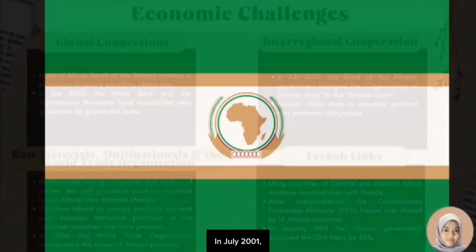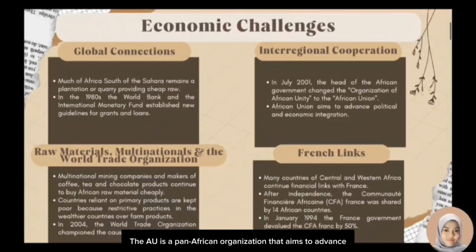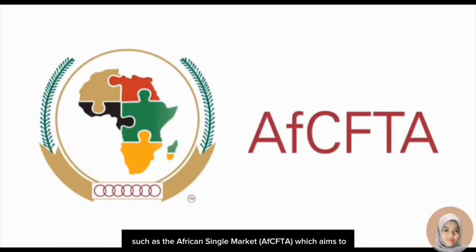In July 2009, African heads of government made a decision to change the Organization of African Unity to the African Union. The AU is a pan-African organization that aims to advance political and economic integration across the continent. The AU supports inter-regional cooperation through initiatives such as the African Single Market, which aims to create a free trade